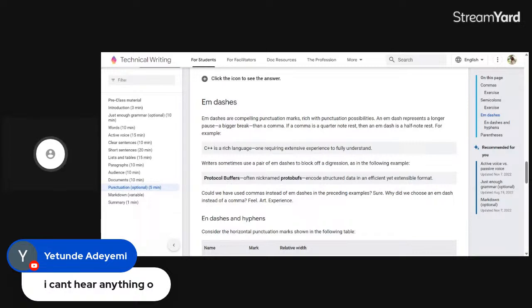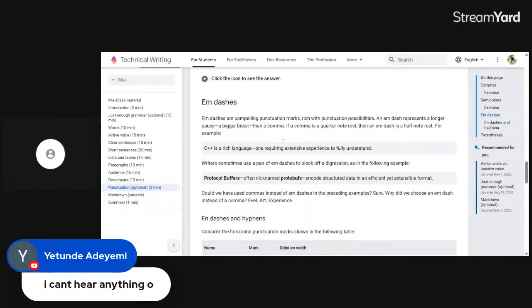So this is an example of how to use it. I usually use this if I'm trying to give a short explanation of what the sentence is about.